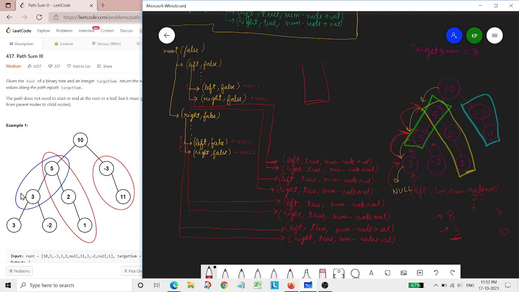Means when we are at this particular node 5, then we are checking all the nodes which are below it, right? Like this only, if we come to this root, then we are checking all these nodes.